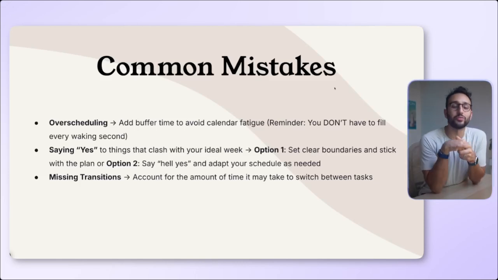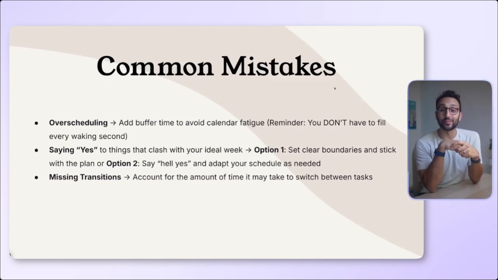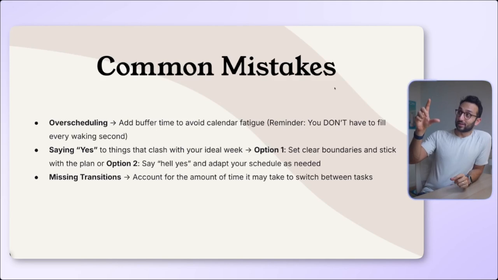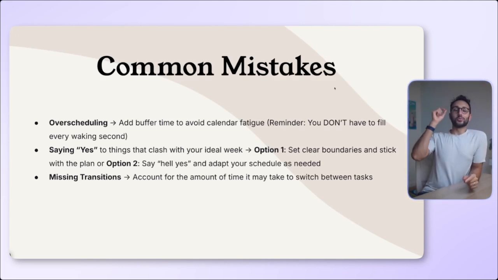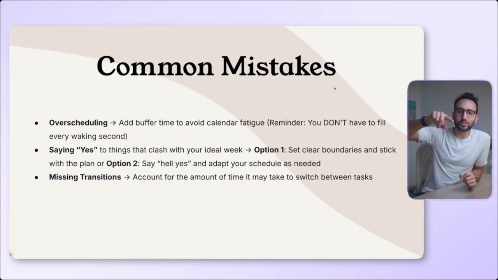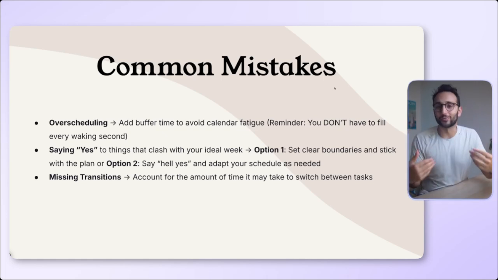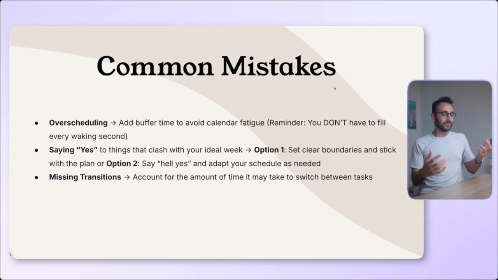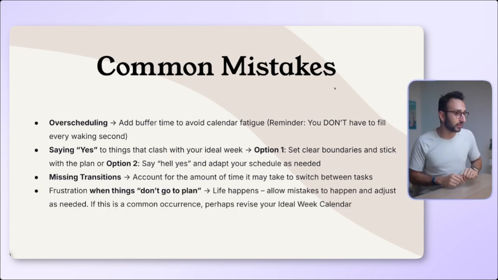It is useful to account for the time it takes to switch between tasks. Like I find that if I have a gym session and then I schedule a Zoom call straight after, there's always a 10-minute buffer of coming from the gym back home, having a bit of a shower, changing my t-shirt if it's super sweaty, going to the toilet. And that's a 10-15 minute buffer that I need to account for in my ideal week. I tend not to account for it, but it always ends up biting me in the ass when the team is waiting for 15 minutes because I'm trying to run from the gym back home to get on the Zoom call, whatever.